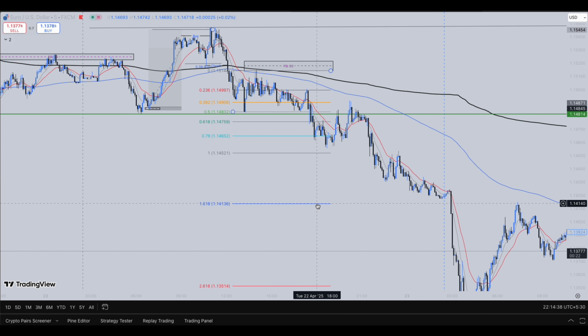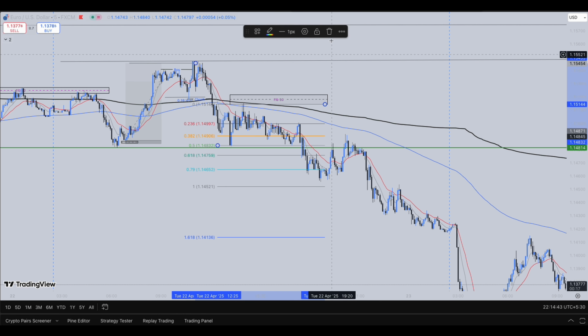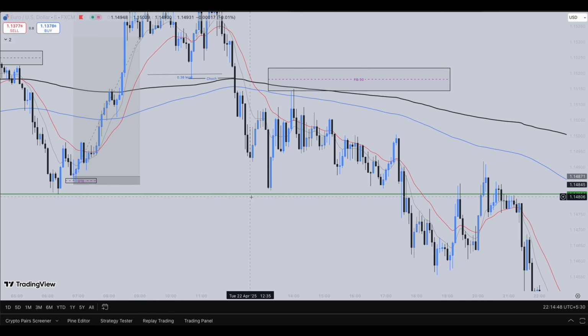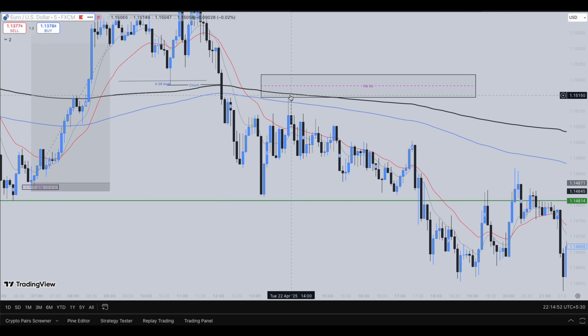So what you could have done is to exit here, guys, at the 1.68 level, or as long as the market is trading below this range. But we need to wait for proper confirmation, guys. Once the neckline has been broken here, you can see the price action over here, where the market rejected price